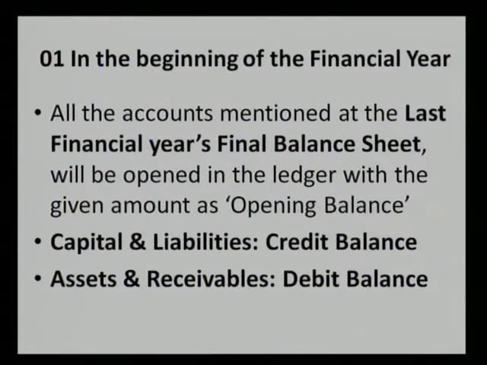Second one, again we know that in the final balance sheet we may have the capital accounts as well as the liabilities accounts, but all such capital as well as the liabilities or undistributed profits have the credit balances. So all such accounts will be mentioned as the opening balance on the credit side. At the same time, on the right side of the final balance sheet, we mention assets as well as the receivables. But all such assets, including the fixed assets as well as the capital assets, or we may name them the current assets or the receivables, bear the debit balances.